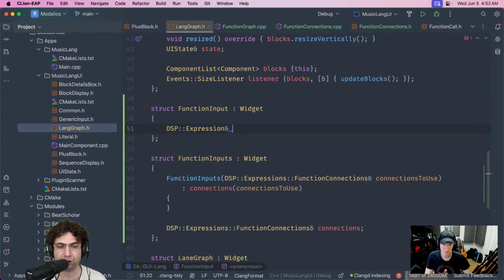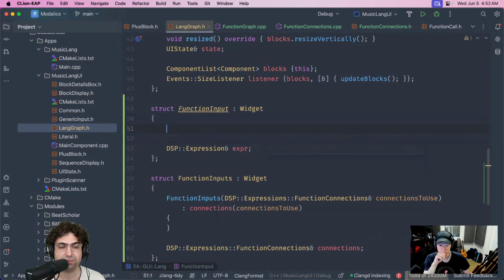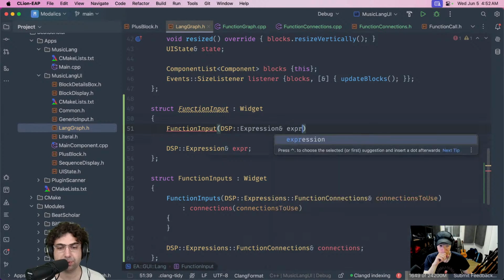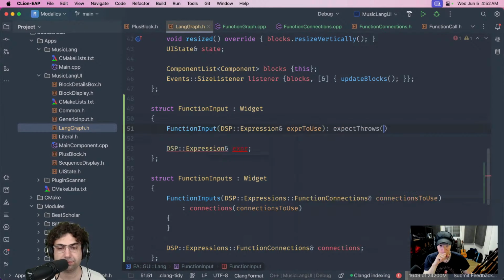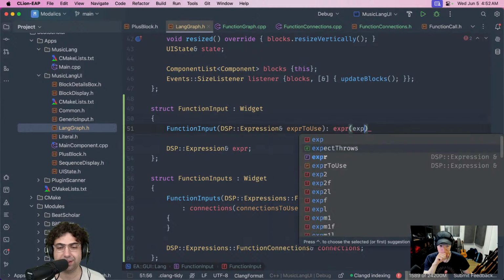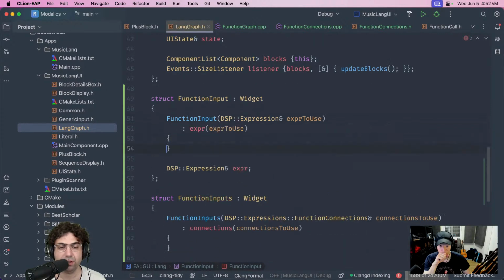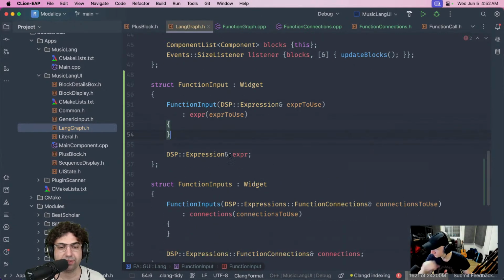So it's a special kind of expression, but it also outputs a singular value of that type. So this would be a DSP expression, XPR to use.